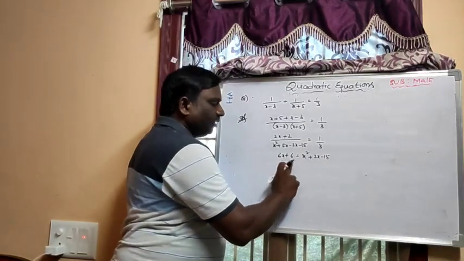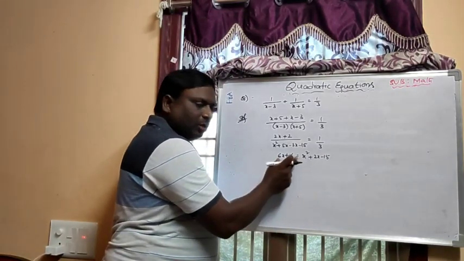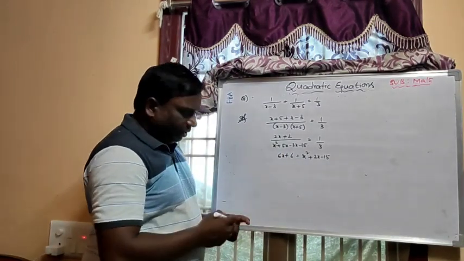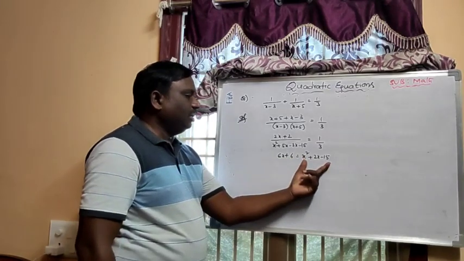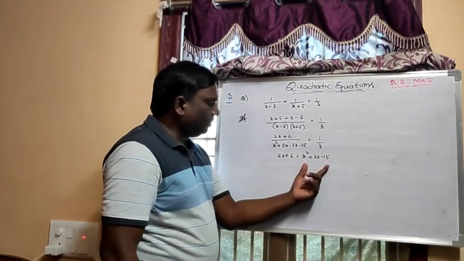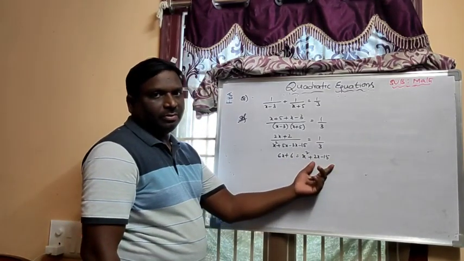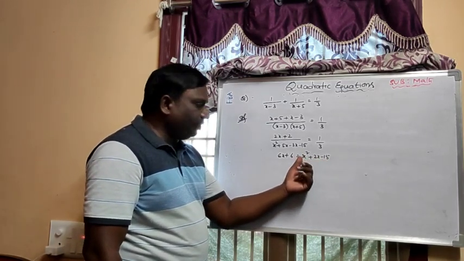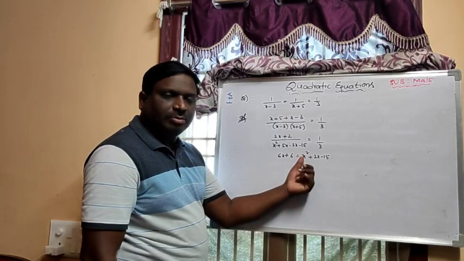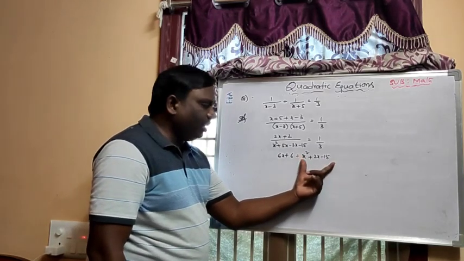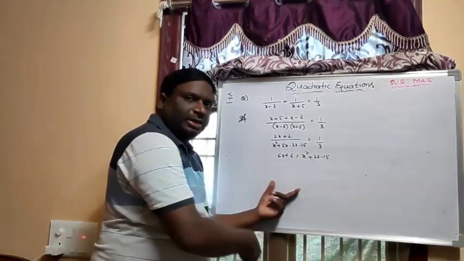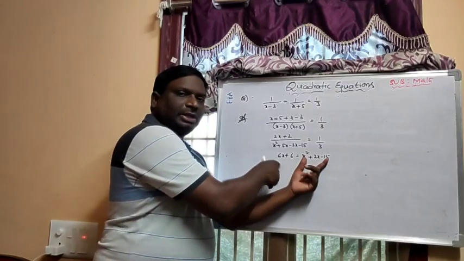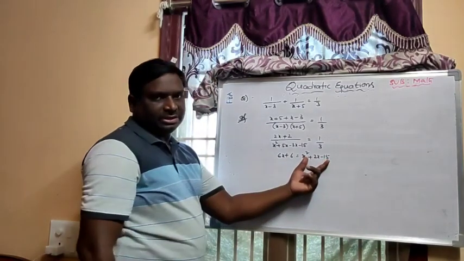So the x square term is on the right hand side. Now I am taking the x term and constant term also to the right hand side. Here the children are getting confusion about which side to take. If the x square coefficient is negative, definitely you can take the total expression on the left hand side. Suppose it is positive, then you can take the left hand side expression to the right hand side.